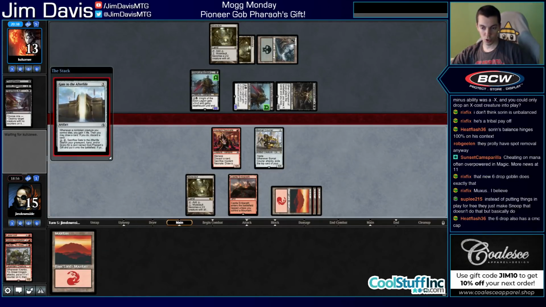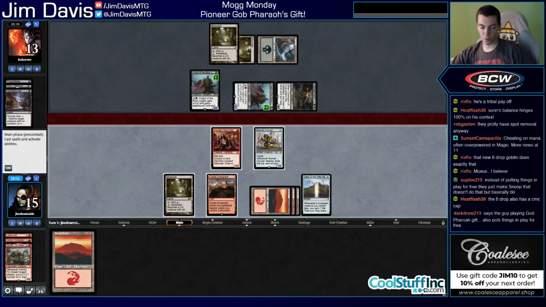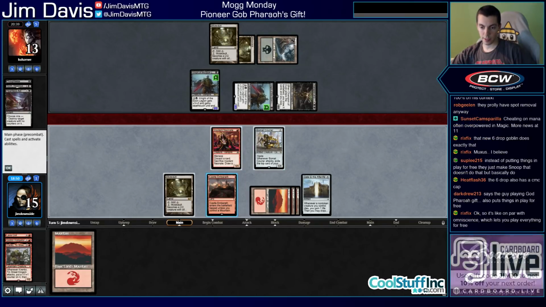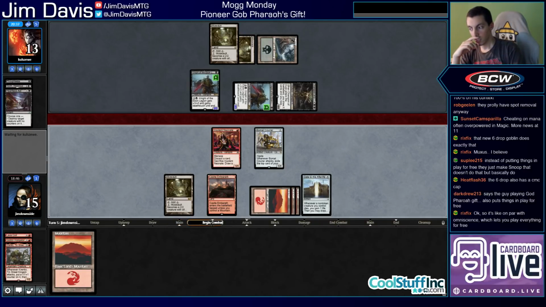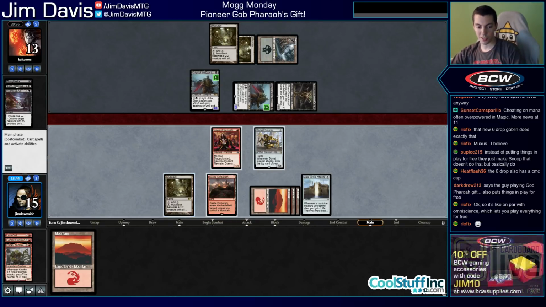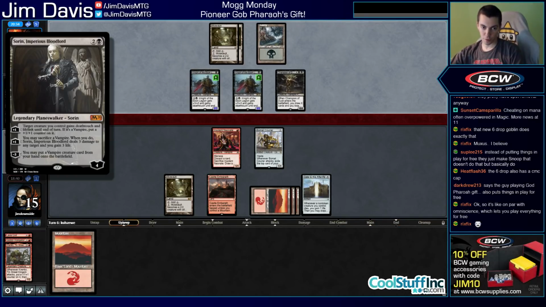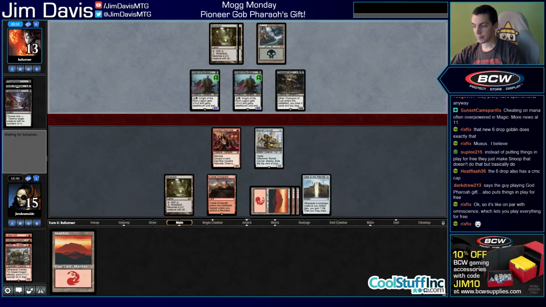We've got 2 creatures in the bin so far. I guess we have no way to get up to 4, right? We would loot, and then, yeah. I'm just going to say go. There's a guy playing God-Pharaoh's Gift that puts things into play. I mean, this card costs 7 and requires cards to be in your graveyard. It's a little different than just put your thing into play for free on turn 3, you know? But...